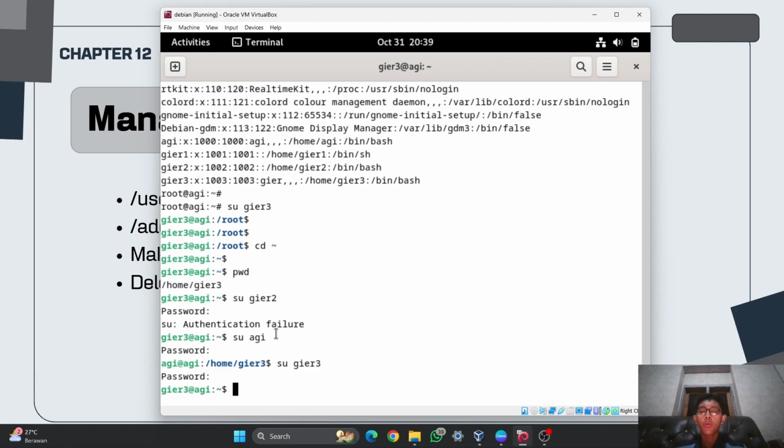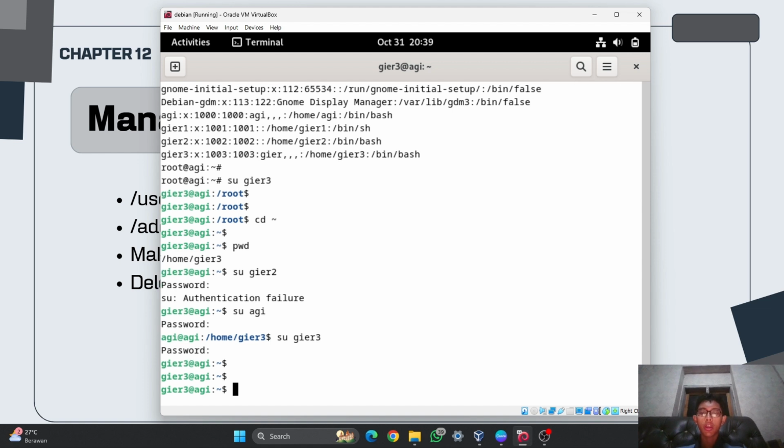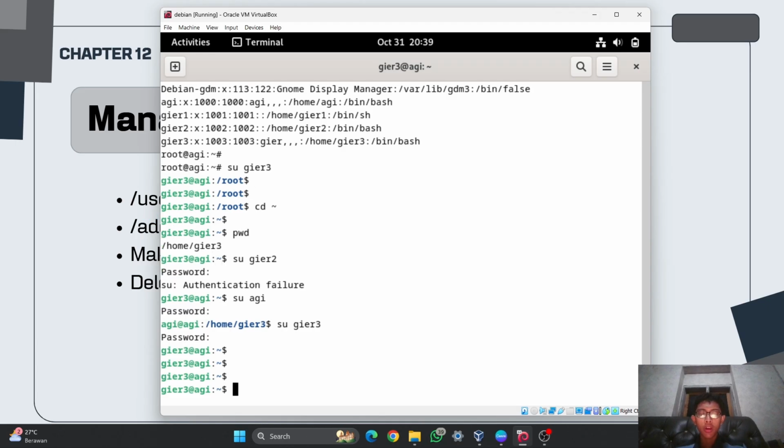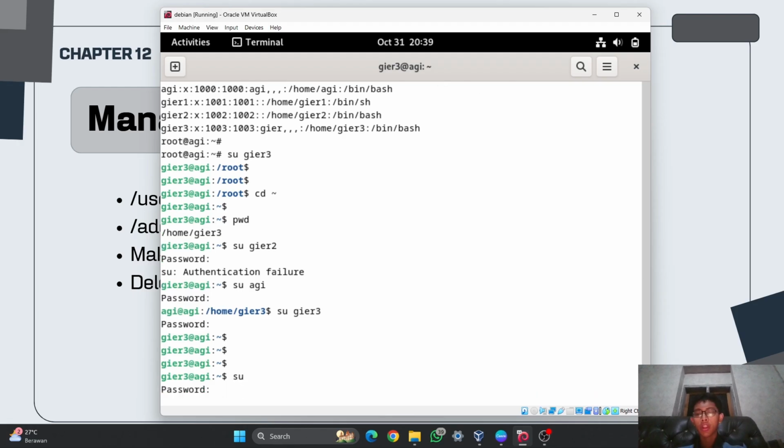But if you want to log in to the gear 2 user that I created using the useradd command, you can log in from the root user.